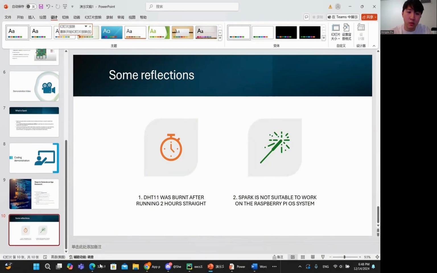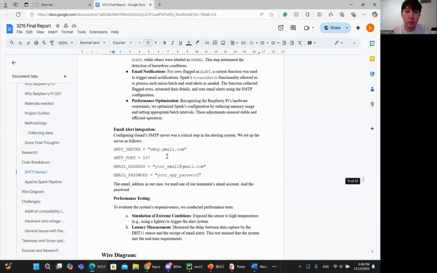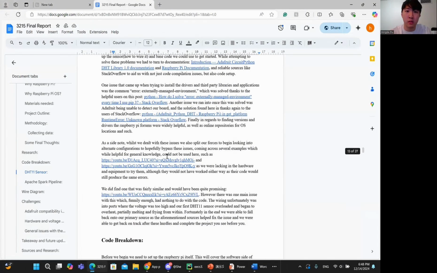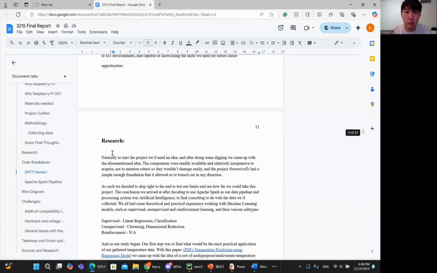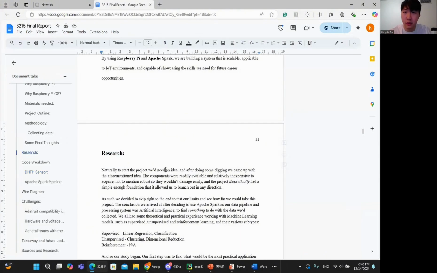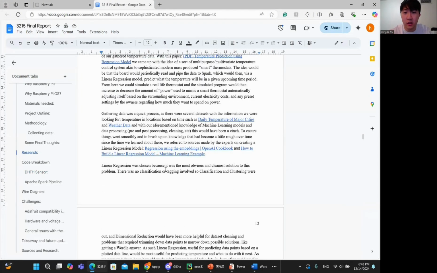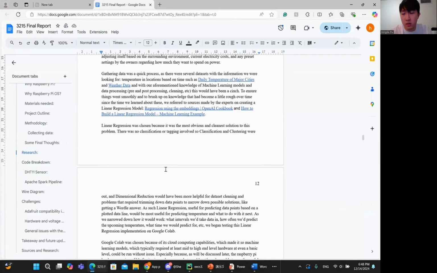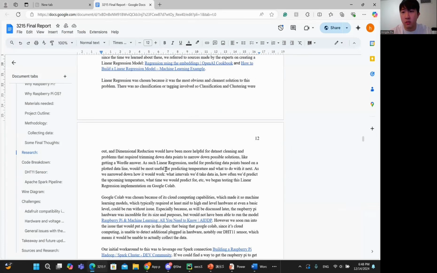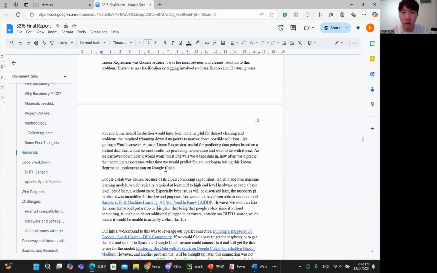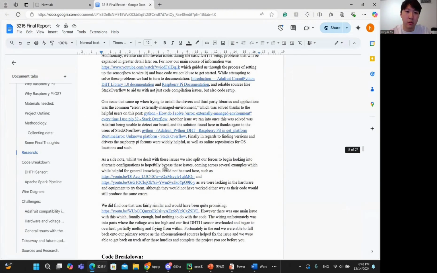We put the majority of our thinking into the final report here, where we document some of the literature review we have done. Initially, we thought we wanted to implement machine learning algorithms, but when the Raspberry Pi ran some linear regression models, it just stopped and crashed. So I guess maybe it couldn't handle such a complicated task. And then we also document how it's